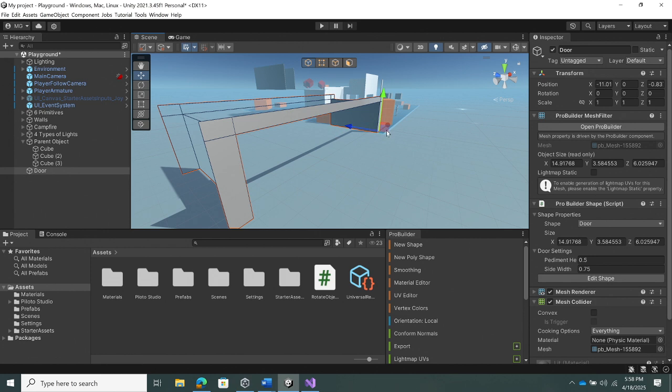So what Pro Builder is supposed to be for is quick and easy scene design. That way, instead of doing cube, you could just go here and you can say create a cube, change its size, change its location. You don't have to go through all these